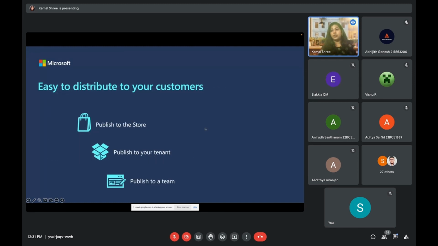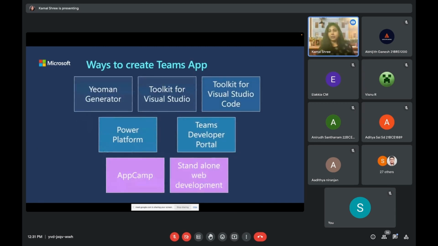And it's very easy to distribute. The moment everything is set for you, you build one, you deploy it, you get it published, and whether it's a tenant, team, or a store where you want to publish, it gives you an option and it is easy to go. It's nothing rocket science, nothing complicated. You don't have to have any secured keys or anything. All you need is just access to a Microsoft account, which is 365, which you must already have because your university must have given you access to it. So just go ahead and play around with it in this bootcamp, which you'll get to know more about. Now, I've been talking about apps.